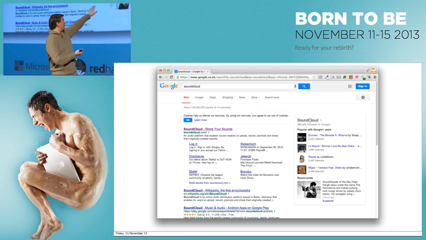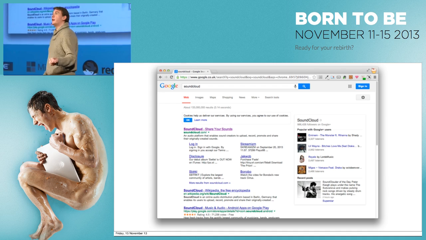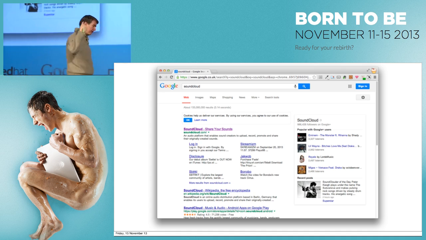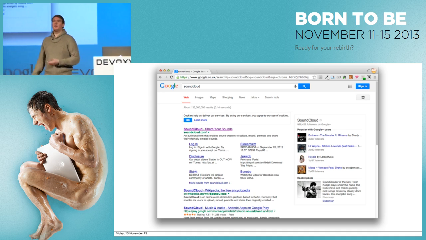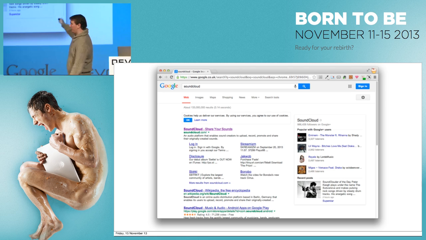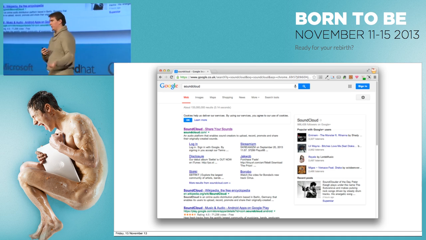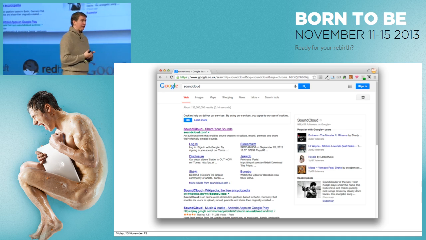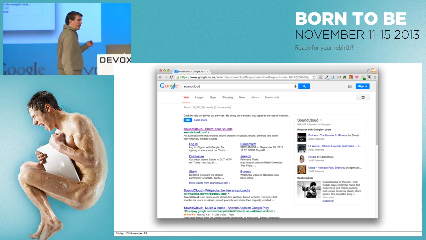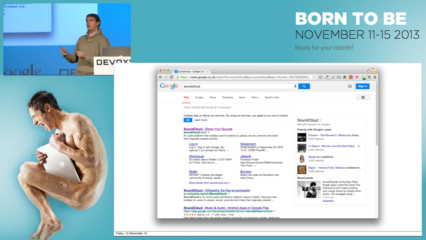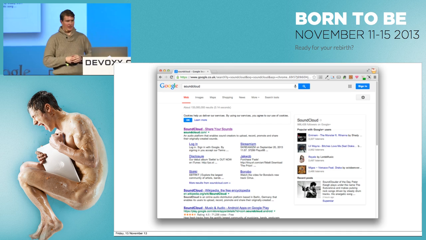But the main bit of this box, the middle bit, it says popular with Google Plus users. This is driven by those app activities. This is driven by the users writing those moments, those things that happen, back via the SoundCloud app. And so we can just aggregate them up. And they've marked up those pages with schema.org markup to indicate that they're music recordings, who the artist was, all that kind of thing. So we can pull that data out and we can make that display. And this is cool, right? This is an example of where we can try and expose what users are doing in your applications to other users that might care about that.